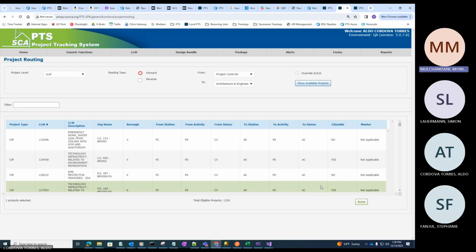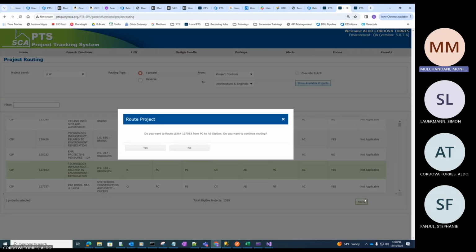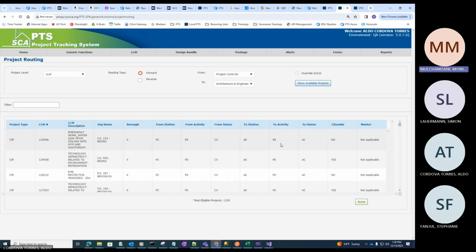And then there are times we reverse forward. Supposing it went to A&E and they look at it and say, oh, you did not do this, so it should go back to you. You finish this and then give it to us. That's when reverse forwarding comes into play. We sent it to A&E, but A&E said, no, by chance you missed out on something and we cannot start until you finish that. So they send it back to project control. So there's reverse forwarding also. The rules for this, again, are very rule-based, what can be done when. And based on that only